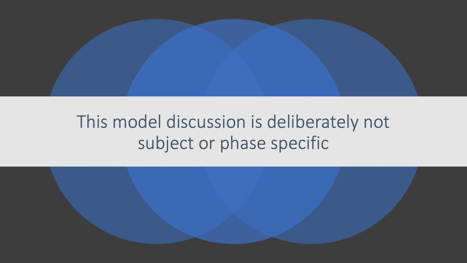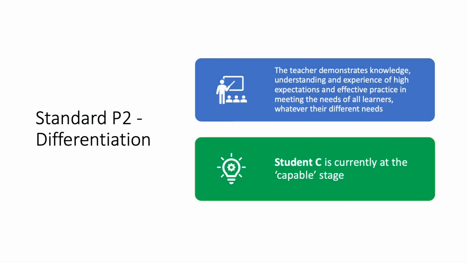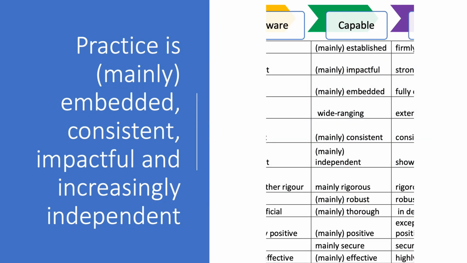So the student teacher we're looking at here, student C, is at the capable stage. So if we take a look on the table, we can see the sort of language that we're talking about here when we're discussing a student at the capable stage. Notice the word mainly in brackets quite a lot of the time. We're not asking for flawless performance, but what we are looking for is that things are becoming established and embedded, that they're having an impact, things are being done consistently, and that there's an increasing level of independence